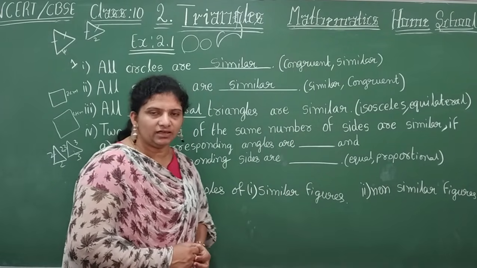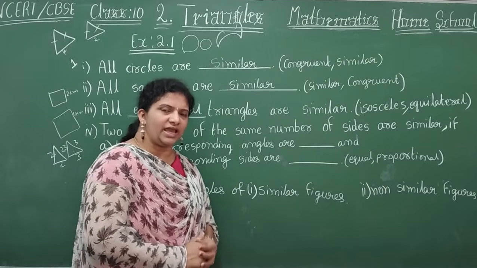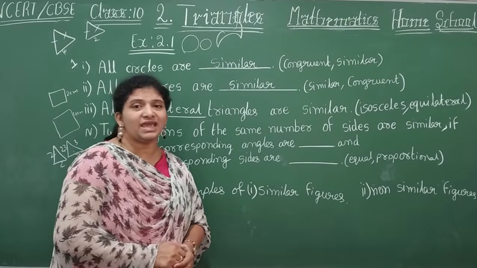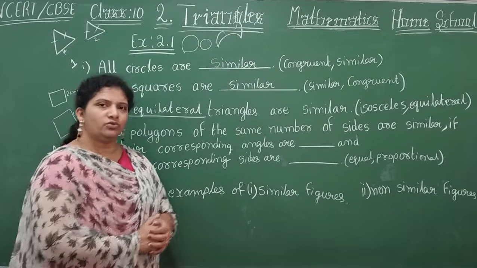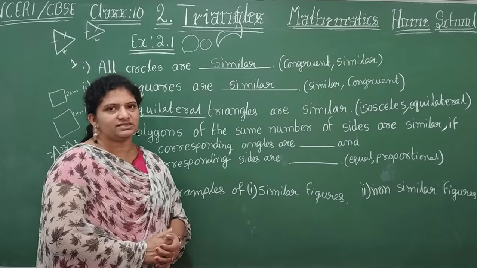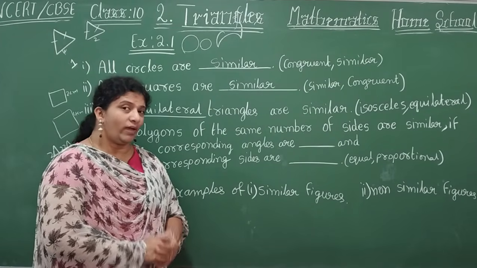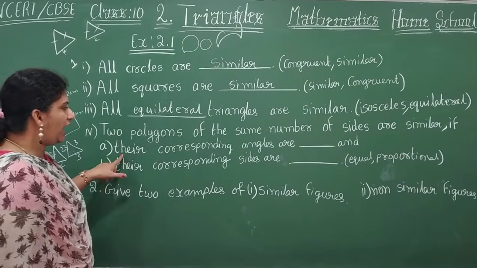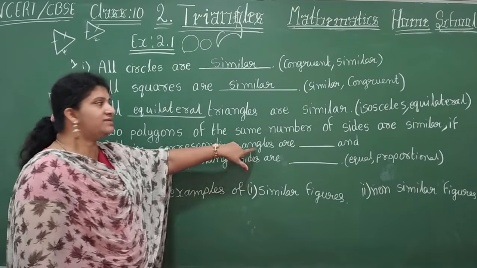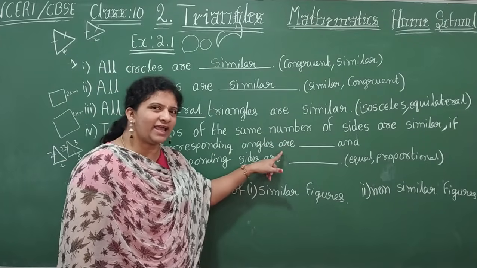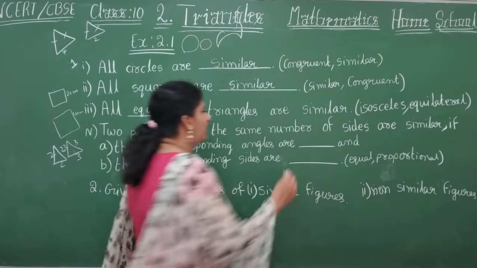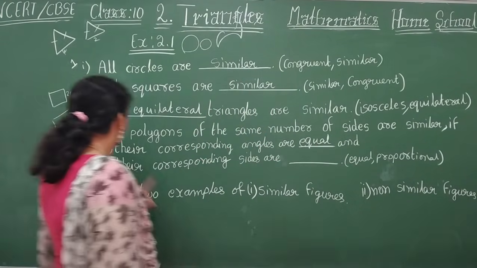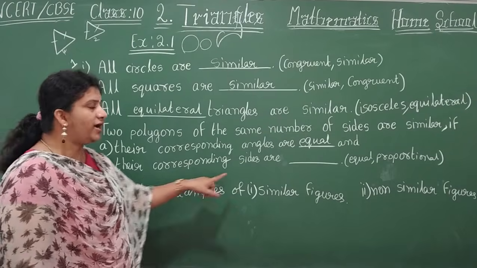When they are similar, children, any two polygons, I have said the definition, right? Two polygons of the same number of sides are similar when two conditions hold. What are the two conditions here? Their corresponding angles are equal, and their corresponding